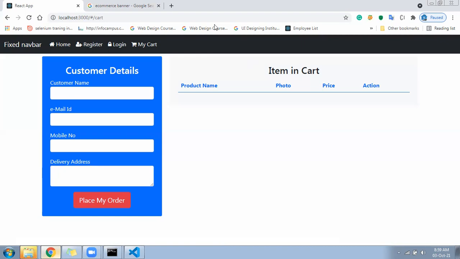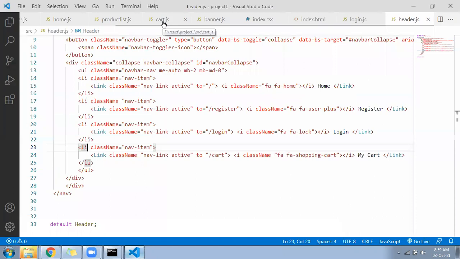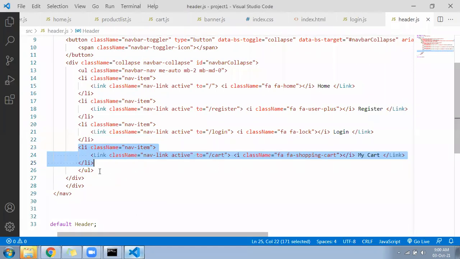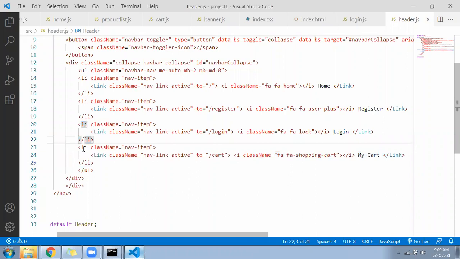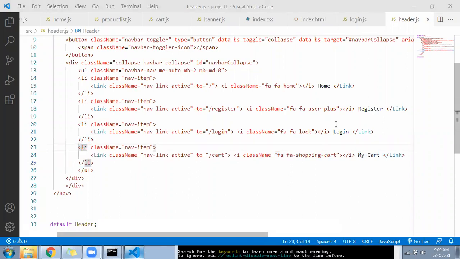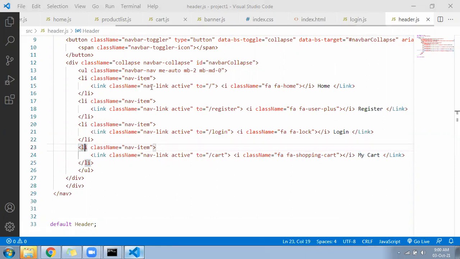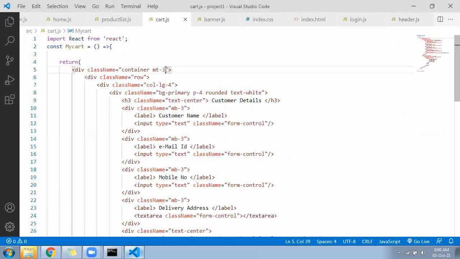So in the cart page, I will send you this line completely. In the cart page, the container we have, we can give mt-5.